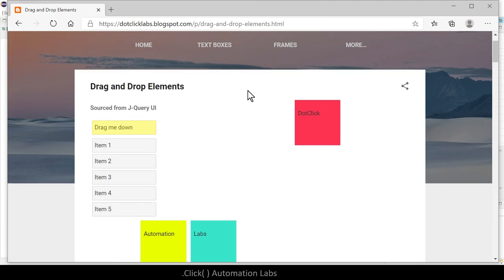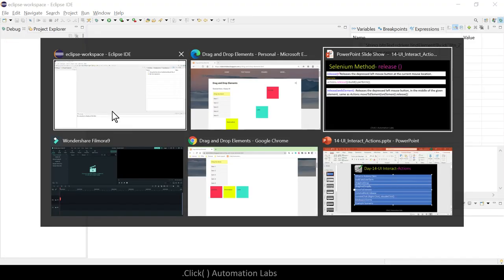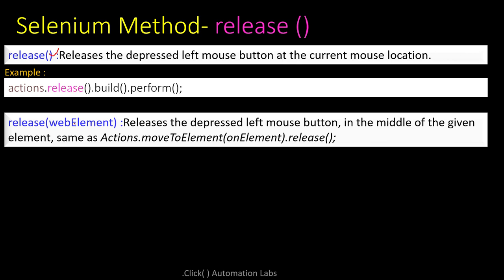Suppose I say click and hold on this labs element, it will hold on this particular element. So if you use click and hold on some web element, you need to use release on that web element. But if you use click and hold at the current mouse location, meaning you didn't target anything, then you need to use only the release option. Okay, so this is the difference between this release and this release.